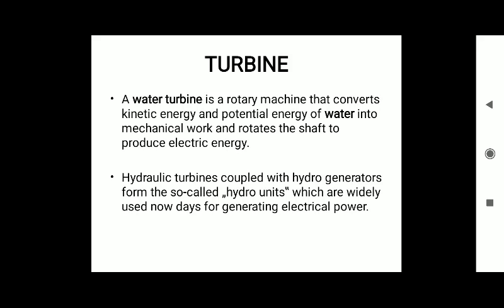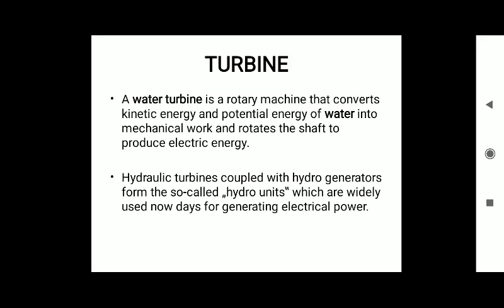Turbines are actually a prime mover. That means when water is falling from a height, it must possess some kinetic energy, obviously, when it is falling from a very high height with a high velocity. High velocity means kinetic energy, and kinetic energy is formulated as half mv square. If velocity is high, it has enough kinetic energy. Since it is flowing from a height, it also has some potential energy. That kinetic energy and potential energy is further converted into mechanical energy. How turbine works, we will discuss further, but here I am going to give you a brief summary of how it works.